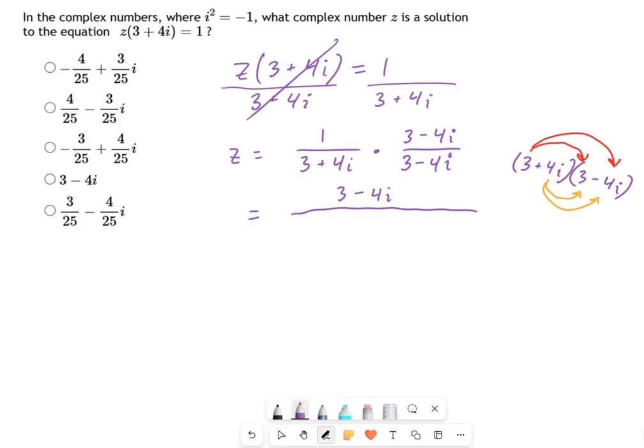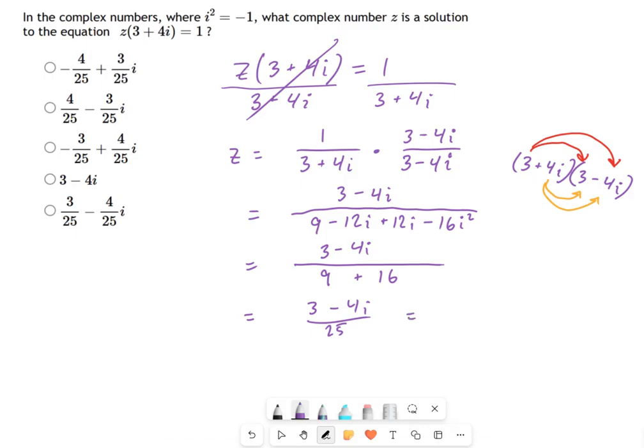Once all the math settles out, 3 times 3 is 9. 3 times negative 4i is negative 12i. 4i times 3 is plus 12i. And then I have 4i times negative 4i, so that's going to be a negative 16i squared. And now it's some cleanup time. We're not too far from the end here. I'm going to move a little fast with this stuff. Notice that the sign on the 16 changes because that's an i squared and it flips the sign, which means this is going to be equal to 3 minus 4i over 25. So that's interesting. We see that 25 in the denominator, which is what all these answers had as an option.